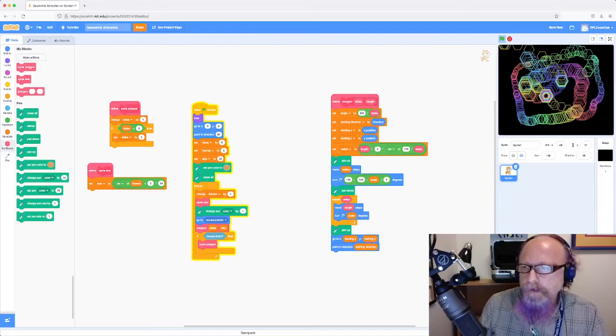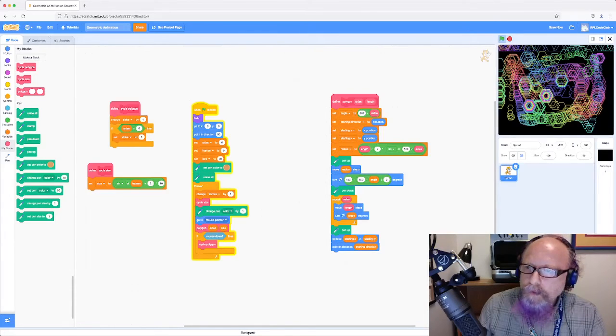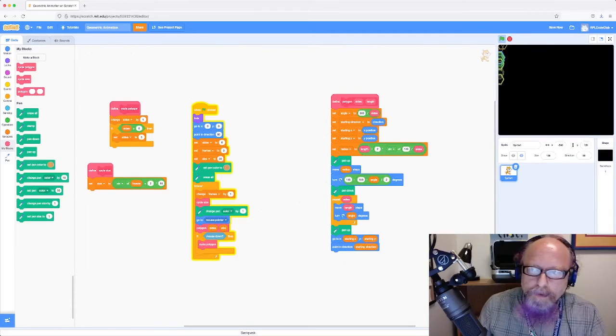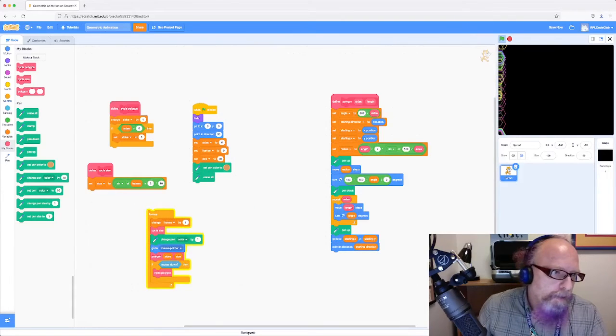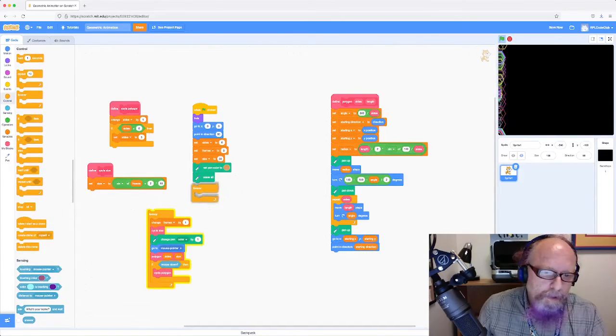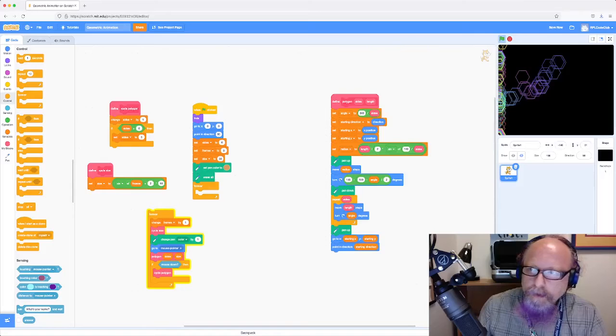So now we get some interesting texture from the changing of the size, the changing of the shape. If we stay in one place, we get a little tunnel. And yeah, I think that is basically all I wanted to do. If you, for instance, let's see, one more thing. If you wanted to take all this away for now. If you wanted to just rotate, so we're moving right now with the mouse, but if you just wanted to rotate the shape, so if you had a triangle, for instance,